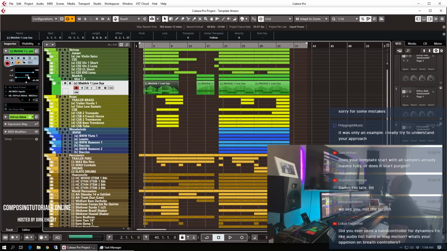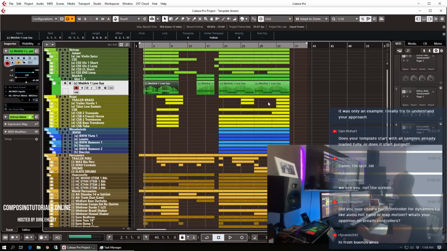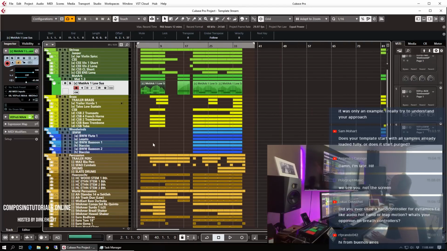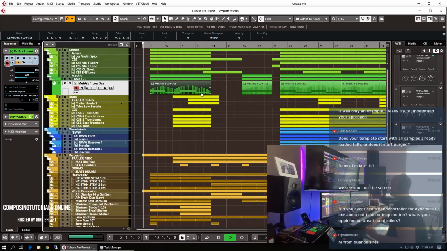And so that way, I don't need to touch the faders in Cubase. And whatever I do, my template always stays the same, and all the mixing in terms of volume balancing is done within the MIDI, not in Cubase itself. So when we take a listen again to this little cue,